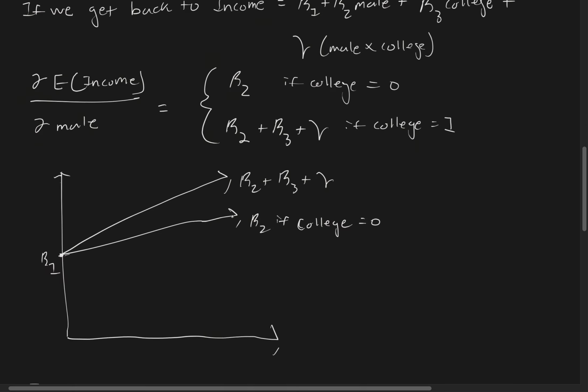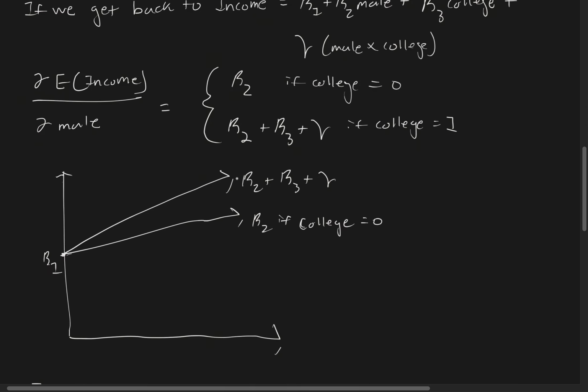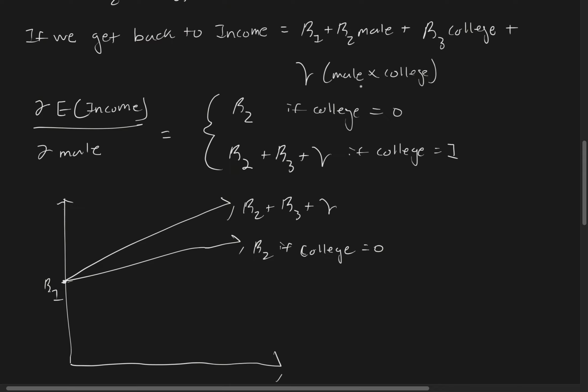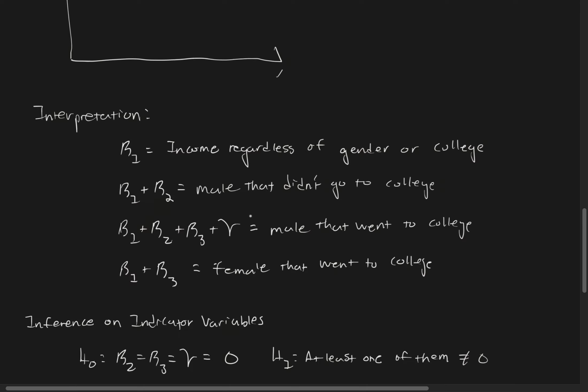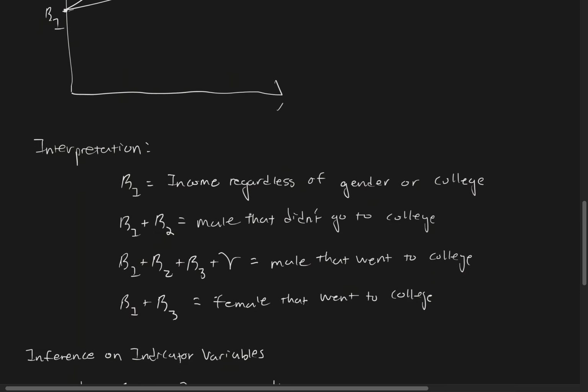So generally, as you can see here, because the interaction variables actually affect the slope and not just the intercept, we can see that there's a sufficient increase because the male went to college. And so we can interpret it. This is pretty straightforward, but we can interpret that